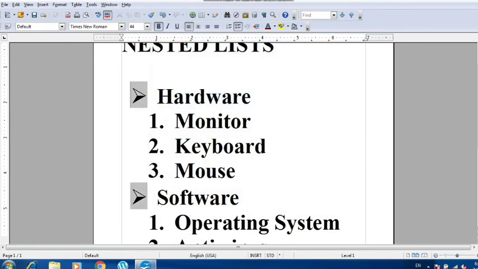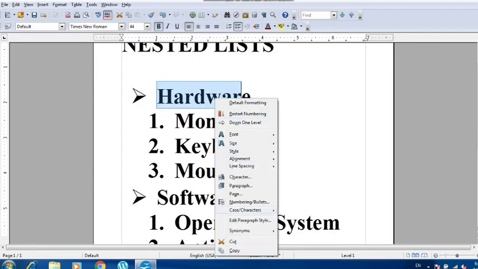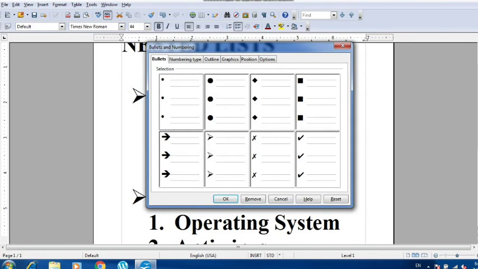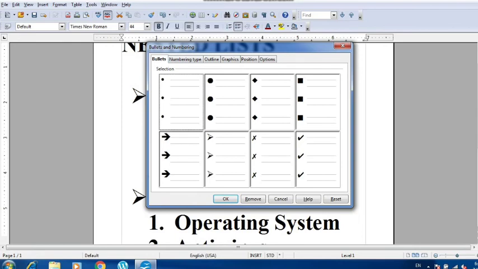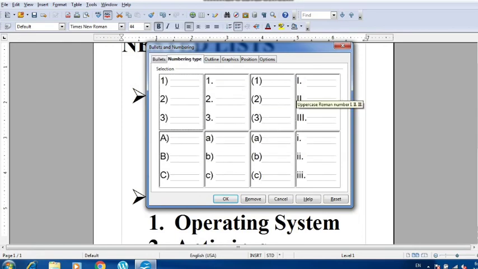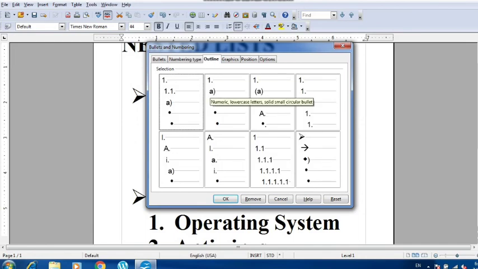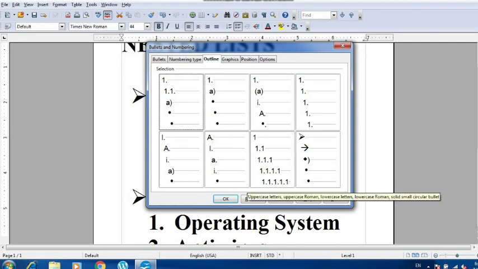If you want to change the color of it, you can go ahead and again go to the numbering and bullets. You can select here and see that there are many options given here in bullets. In numbering type, the numbers are given here. You can change it to numbers also. Roman numbers are also there. ABC is also there in capital and small both. And if you want to create a bulleted nested list like this, that inside the operating system, again you want to write the type of operating system, inside the antivirus you want to give a type of antivirus. So you can keep on creating this.